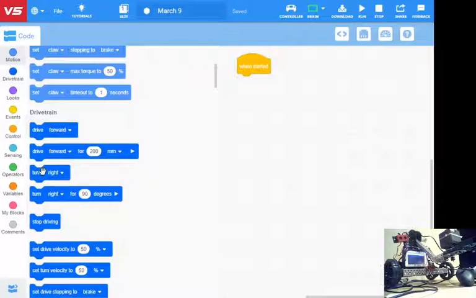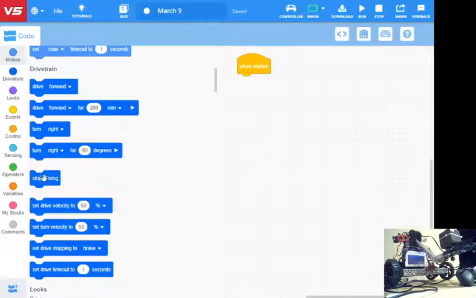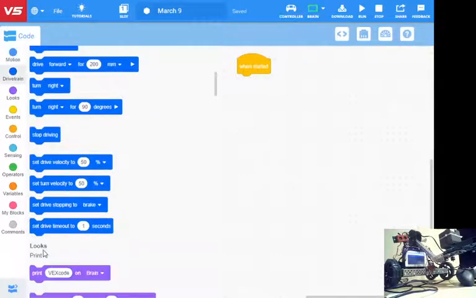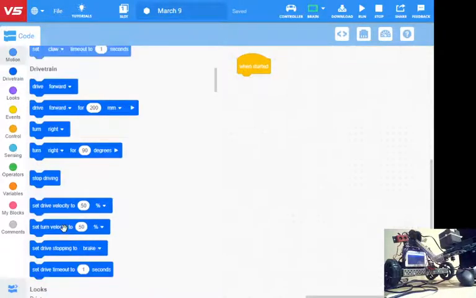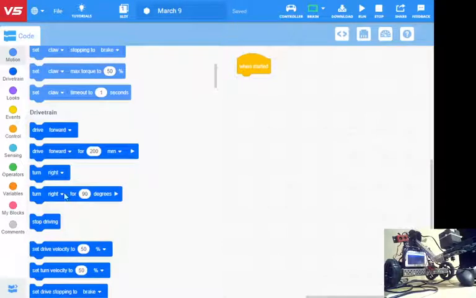Turn right will turn right forever. Turn right for 90 degrees will turn right for 90 degrees and stop. Stop driving stops everything. We can play with the velocity, we can set how it stops, and we've got a timeout. So just to get started, let's say we're going to drive forward. I'm going to set this to 100 mils just because it's sitting on my desk and I don't want it to drive off. So we're going to drive forward for 100 mils,